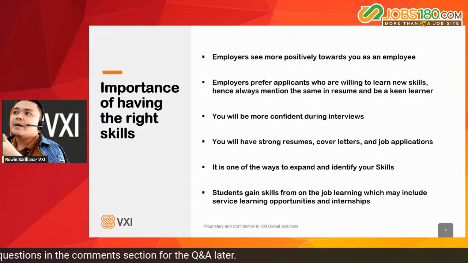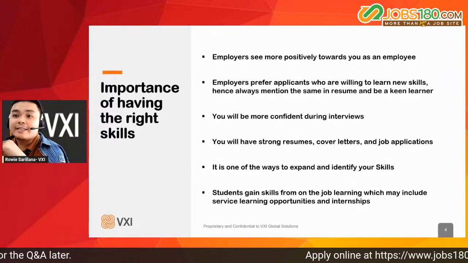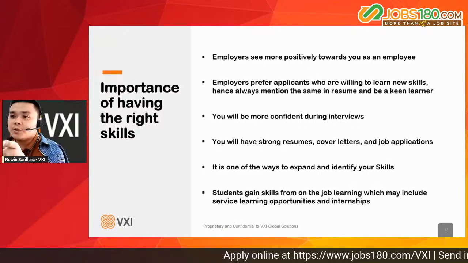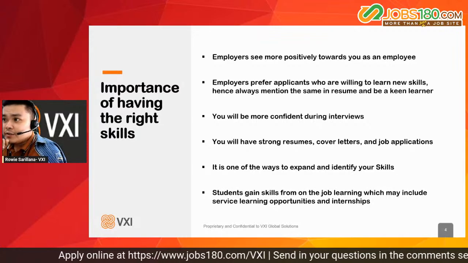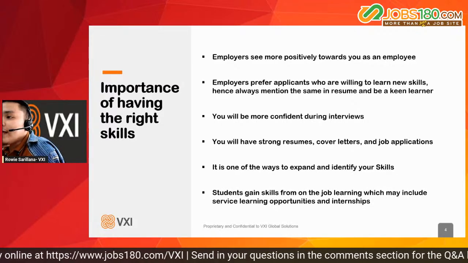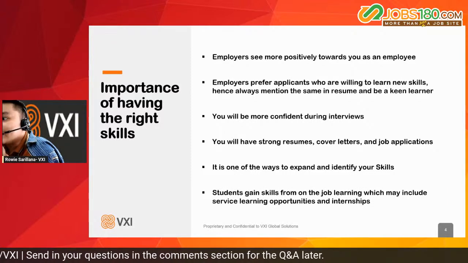They will still be requiring you to attend an interview with them, whether digital or physical interviews. Okay. Next, you will have a strong... sorry, it is one of the ways to expand and identify your